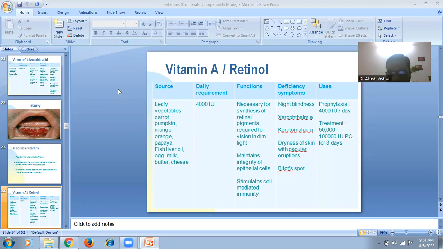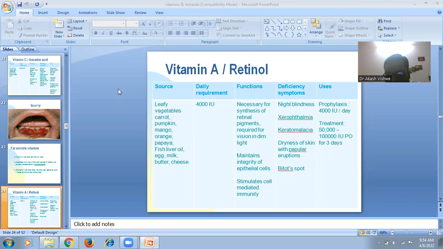Another main condition, it can cause the Bitot spot, or triangular spot, on the eye. So what are the uses of vitamin A? These are prophylaxis and treatment. In prophylaxis, we can use this in the amount of 4,000 international units per day. In the treatment of night blindness-like conditions, we can use vitamin A